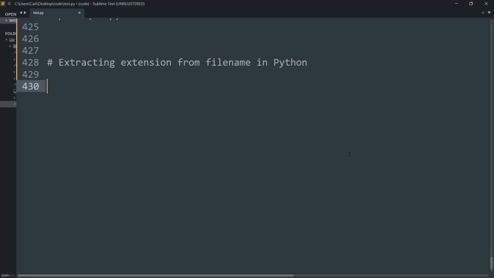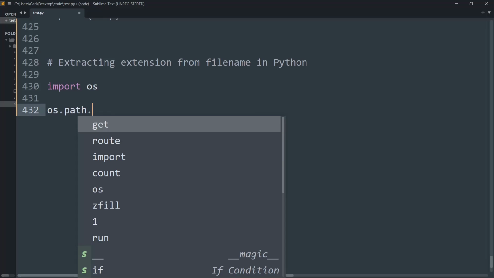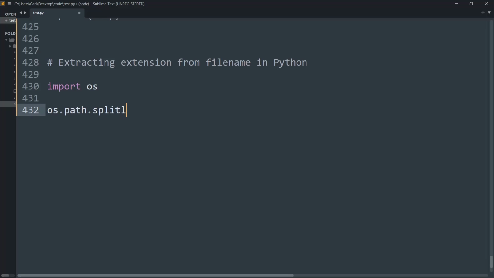As you know, Python comes with the OS module that allows a wide branch of features and compatibility that we can use while working with the operating system of our device. So first thing, let me import the OS module, and now I'm going to use a method called os.path, and this path has a function called splitext, and this splitext will simply take a file name as an argument. So let's say I create a file name called index.html